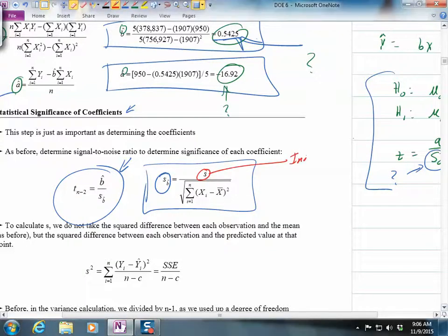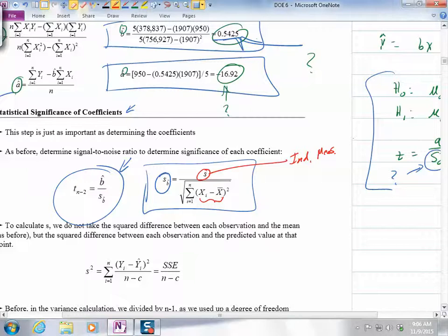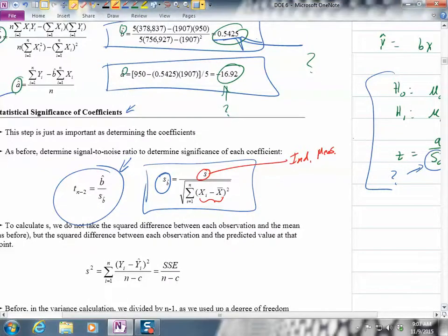It's always built from the individual measurements. So that's S, the noise in the individual measurements. And the one thing that we might want to notice here is xi minus x bar. These are our factors where we took data. And this is saying, okay, if that's my slope, the noise in my slope is going to decrease when this